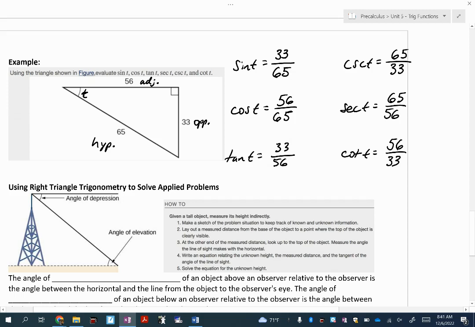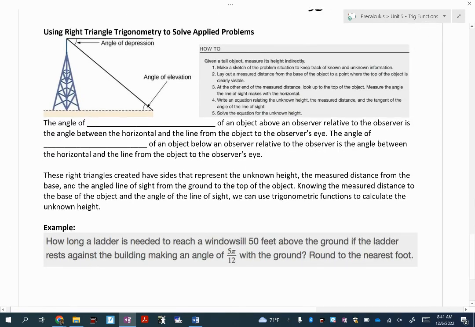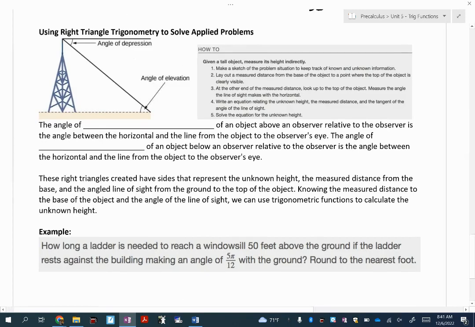All right, we only have one more to do. This is a pretty quick lesson here. One more to do, to use right triangles and the trigonometry that comes with it to find some applied math problems. So if you look at this sketch here, we have the angle of elevation